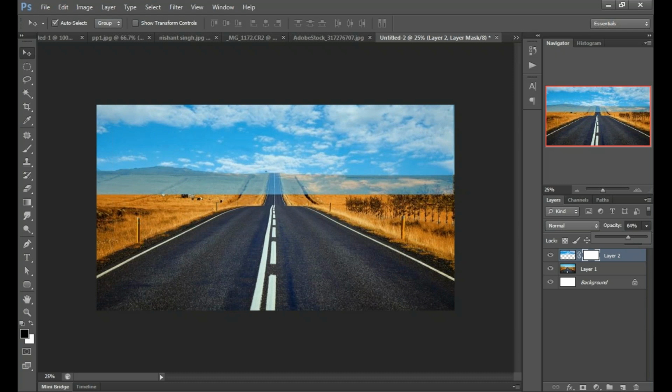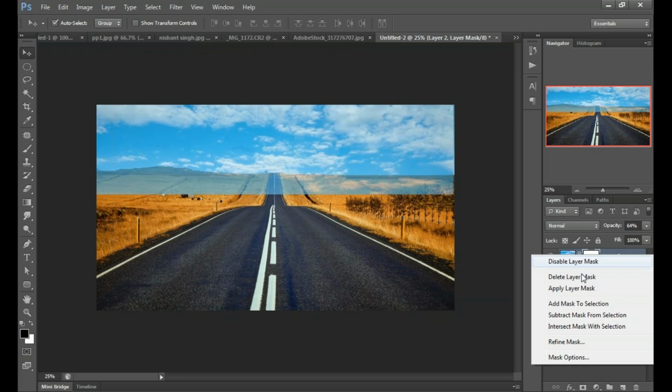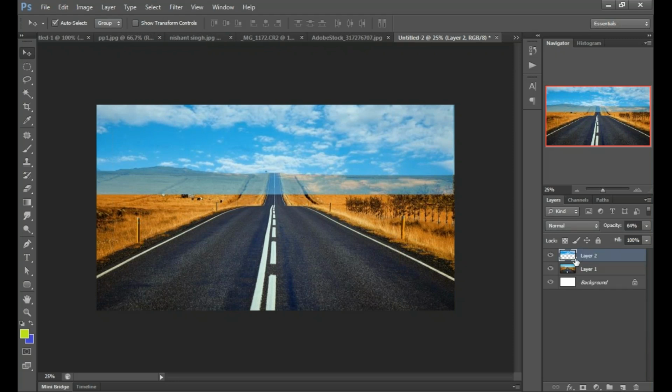Yeah, you can also add it by clicking. Just look at that. I'm going to delete this layer mask. Just look how I added this. It's my layer, it's layer 2. So you can select the layer, and then after selecting the layer, you have to click on this icon on the bottom panel. It's a rectangle with a circle in the center. The option called Add Layer Mask. Just click, and you will get a masking layer here.